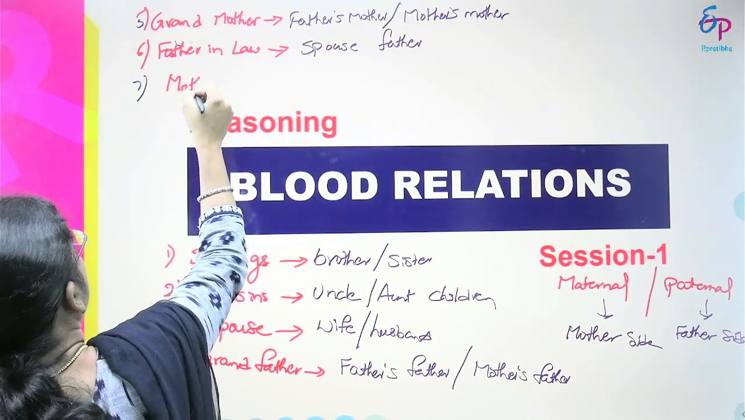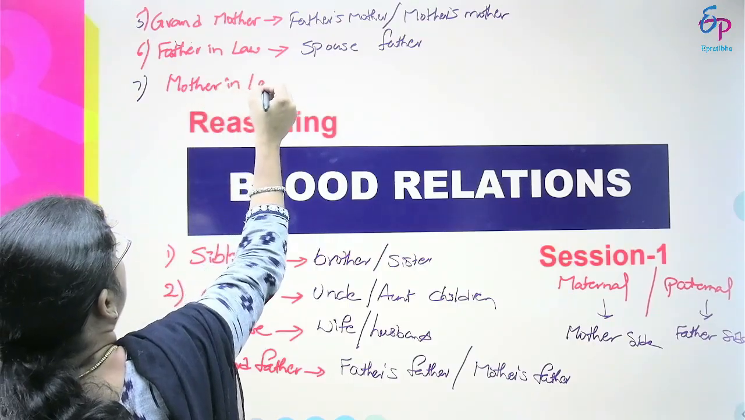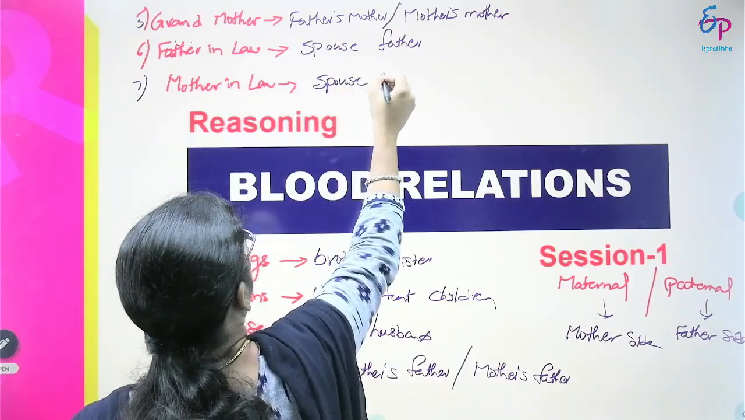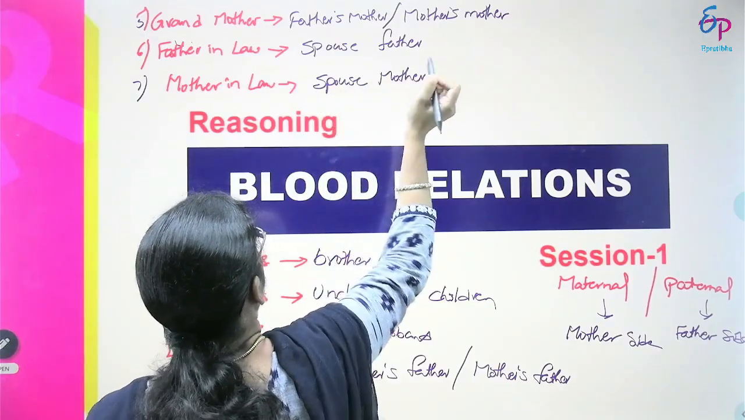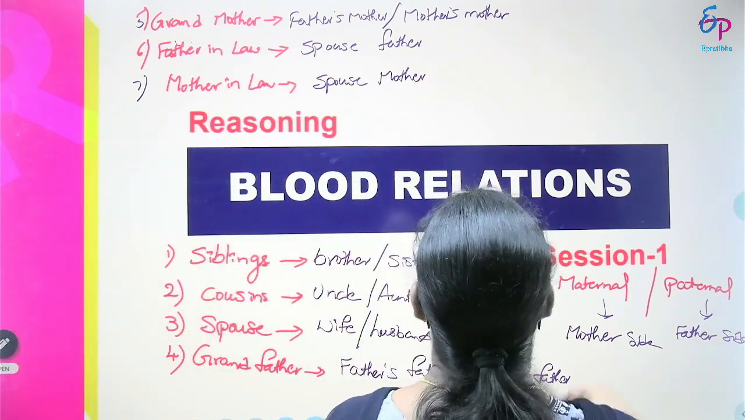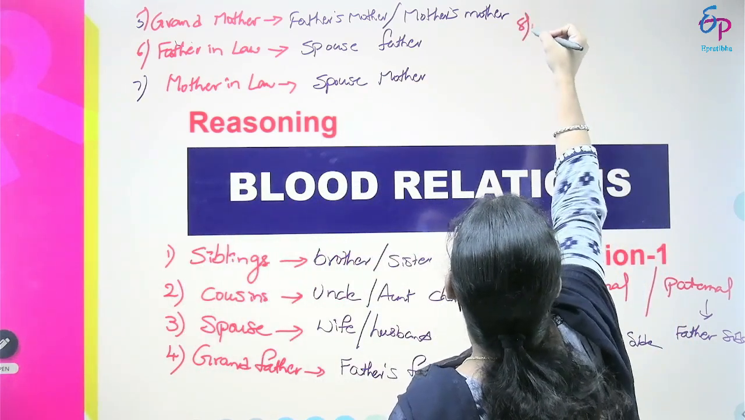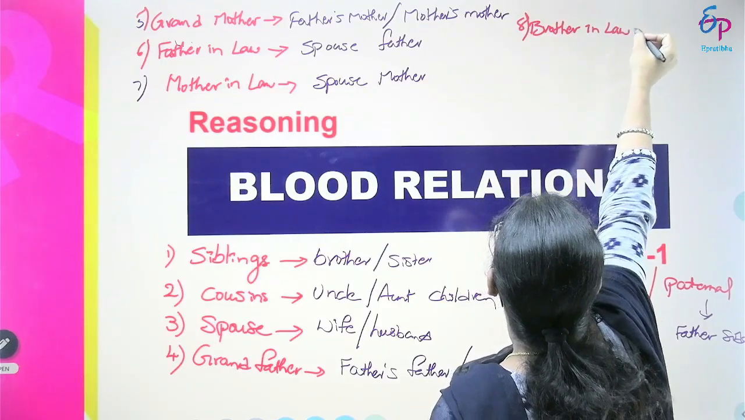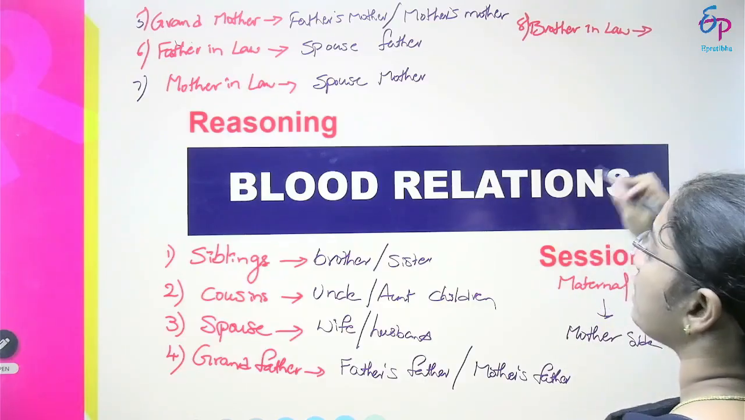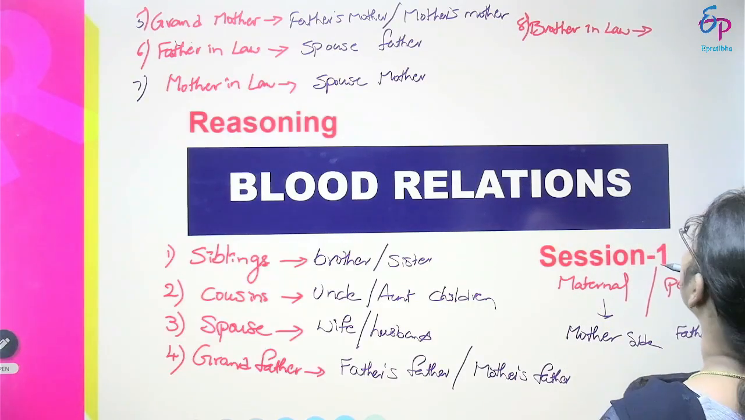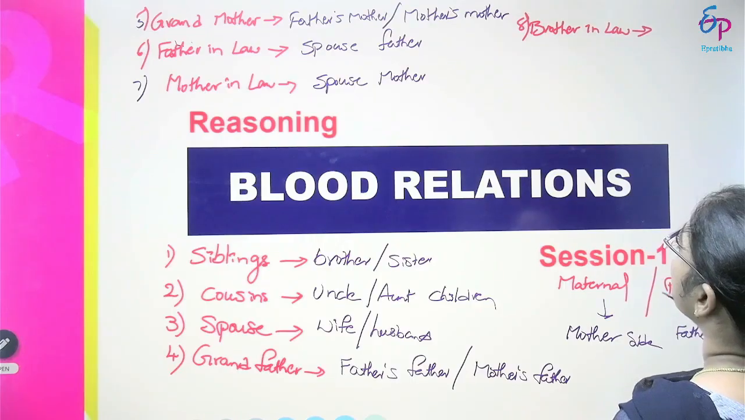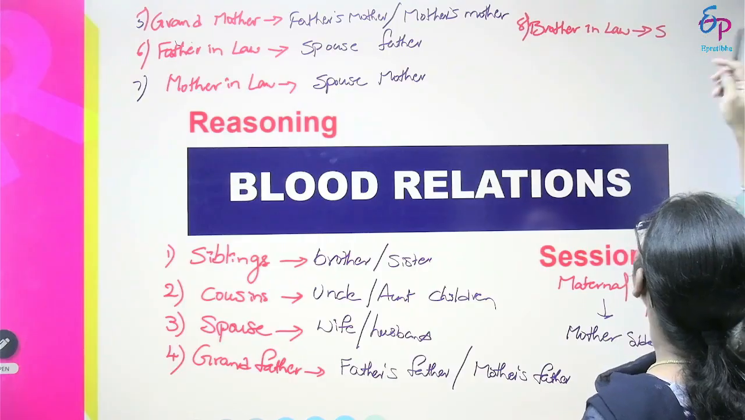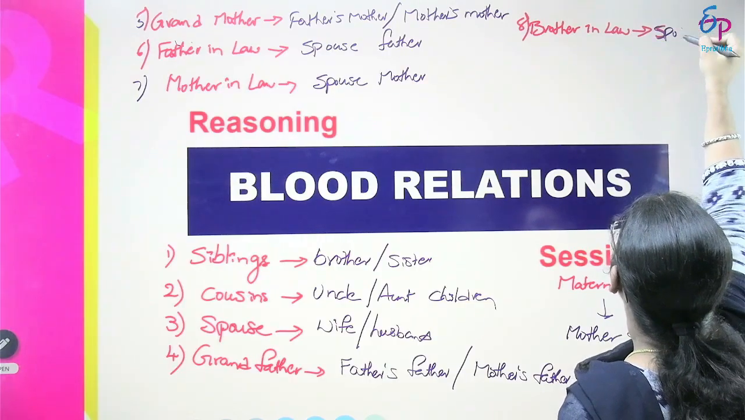Next one is mother-in-law. Mother-in-law means spouse's mother, friends. Then next I am taking brother-in-law. All in-law relationships we take after marriage only, whether it is your marriage or your brother's or sister's marriage. So brother-in-law means spouse's brother